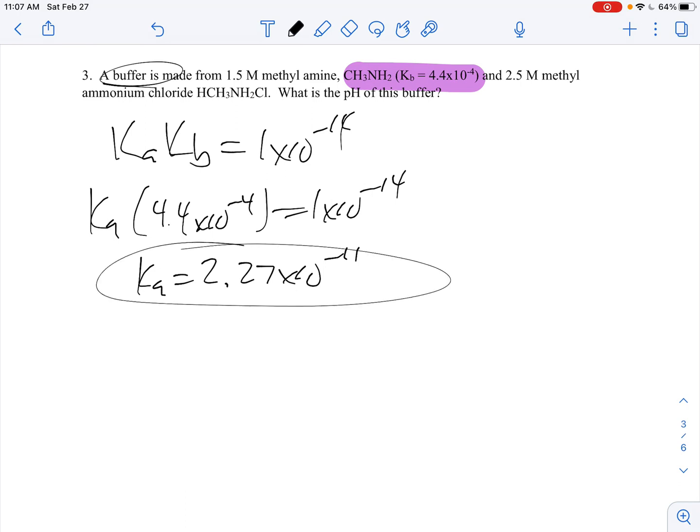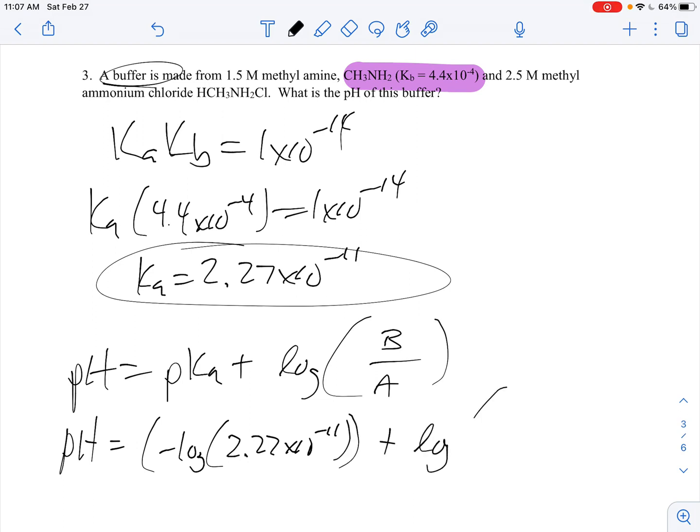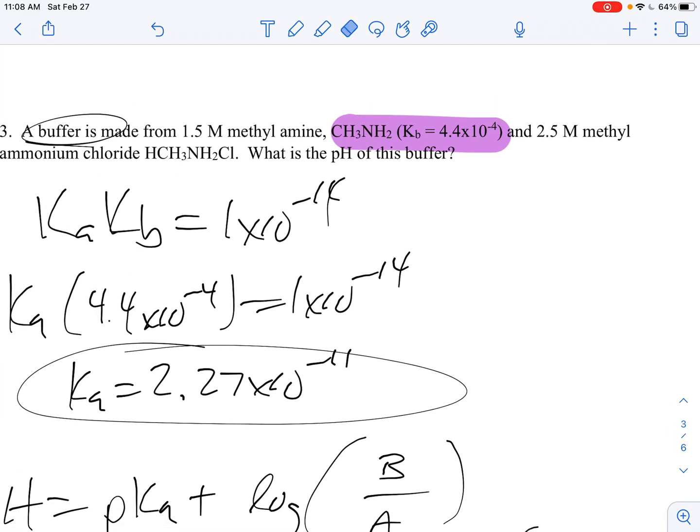And now that I have moved things back over to the acid realm, I can go and use my Henderson-Hasselbalch equation, which is pH is equal to pKa plus the log of the ratio of the base to the acid. And so your pH is going to be equal to the negative log of 2.27 times 10 to the negative 11th. And then you're going to add to that the log of the ratio of the base to the acid,